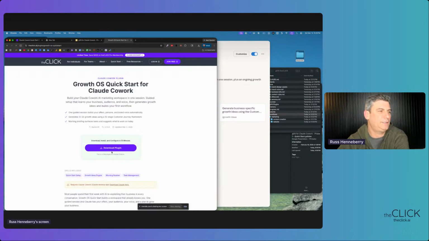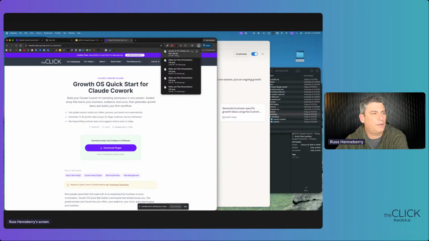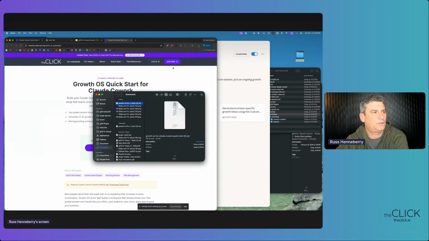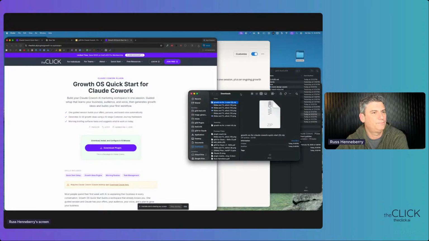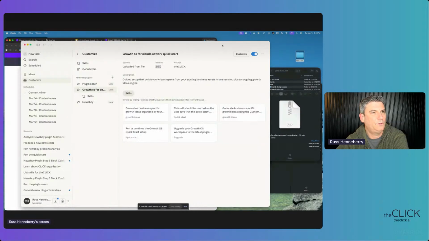And when I click this, it'll download the plugin. So you see it already just auto downloaded that plugin from GitHub. So it's all there for you. So you're just going to open it up. There's your plugin there. It'll go back into Cowork